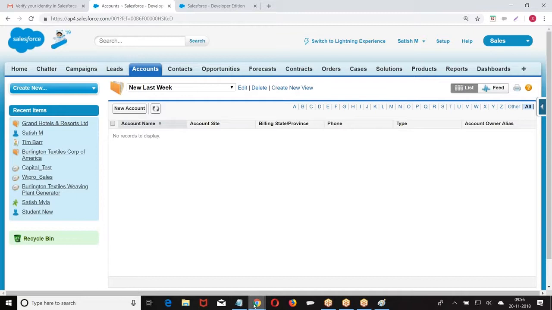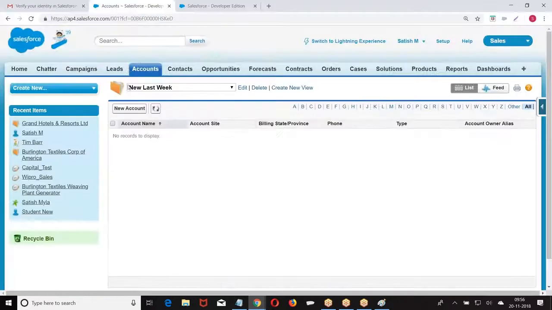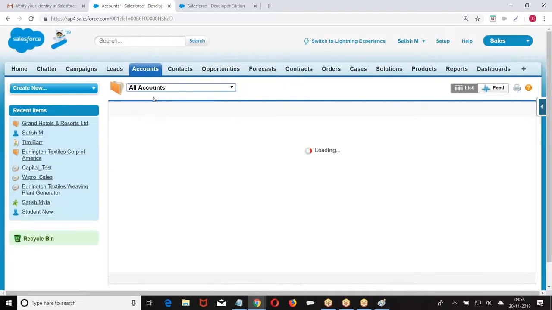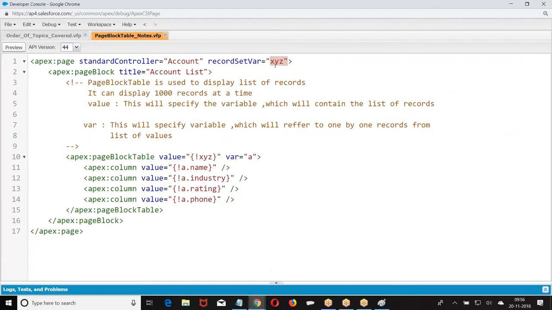These records are stored in XYZ. XYZ will hold the data which we are getting based on the filter. If I selected this filter, this list of records is coming. This list of records is stored in a variable called XYZ. XYZ is not the filter. XYZ is a list of records.